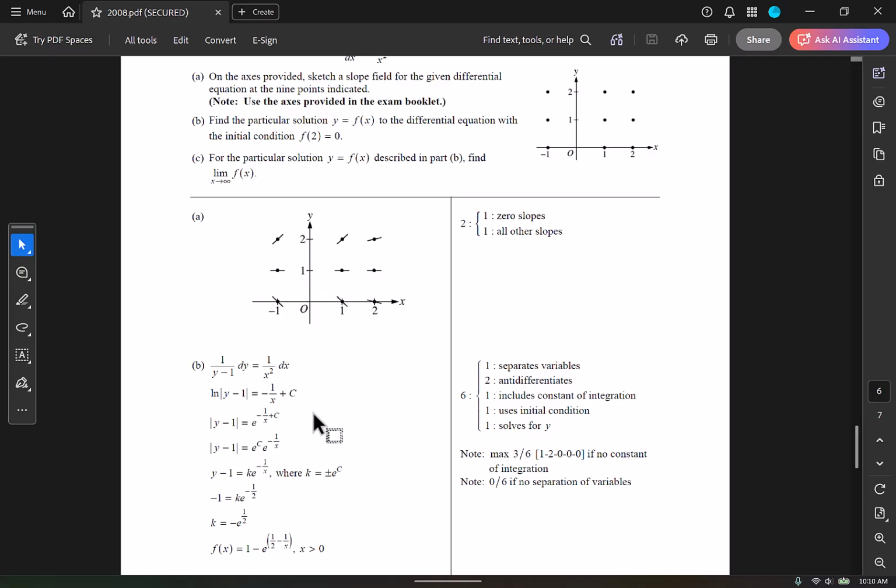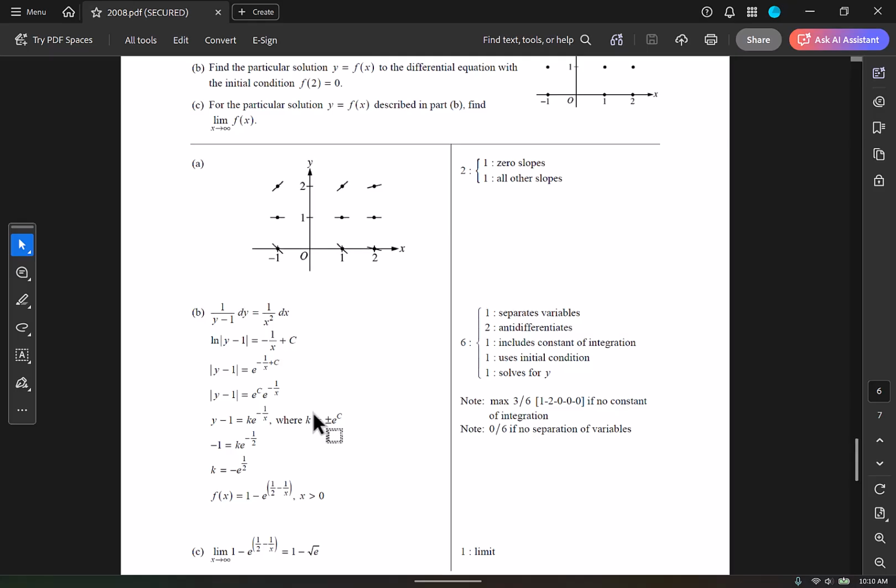Yeah. Look at letter B. How many points was there? Look at the notes. Can someone read the notes? The very bottom, the second note especially. No separation of variables. If you don't separate the variables, you're not gonna get any points. Now, if you're like, man, I don't know, Chop, if I can get the answer, the algebra. Look, relax. It's only 1 point for the algebra. You might be able to get the other points. Look, 1 point for separation of variables, 2 points for